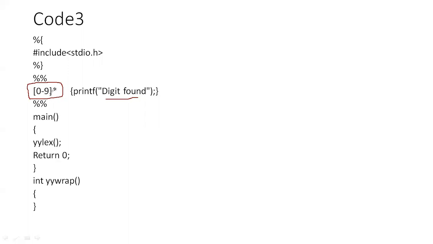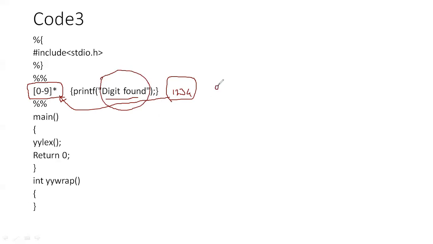So any combination of 0 to 9, it may be 1, 2, 3, 4, meaning 1234, is nothing but a digit, because this particular string is satisfied by this particular regular expression. If it is satisfied, then print whatever is written in the print statement.